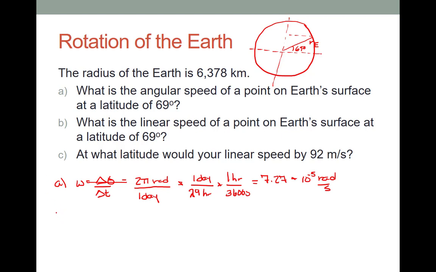For the linear speed, I can get it by taking v equals r omega. Now, the r in this case is not the radius of the Earth, but the distance from the axis of rotation, which is this dotted line I drew above. How far is that side from the axis of rotation? We have a triangle. This is R_E. Here is the r I want. If this is 69 degrees, then this is also 69 degrees. And we can see that r will equal